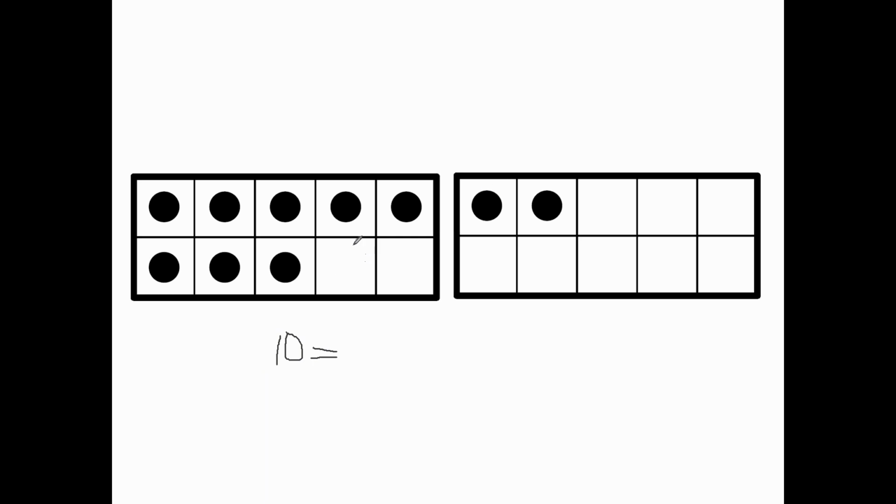Well, do you know it's 10 because you're like, well, I see these 2 blank, and guess what I can do with these 2? I can just move them over here. Yeah, and how is that helpful? Because that was 8 and 2 is what I had. So how is that helpful? Well, because now I can look at it as 10 and 0. Those partners of 10 can be very helpful. So nice job. So let's keep going.